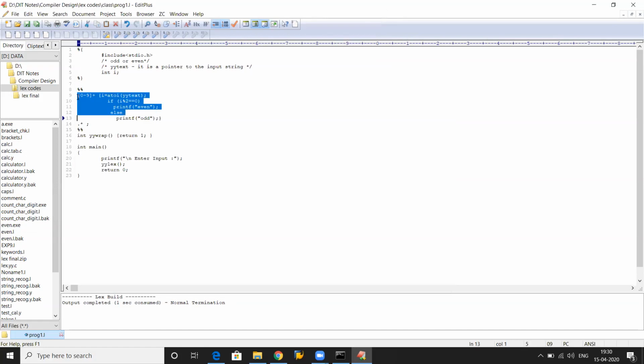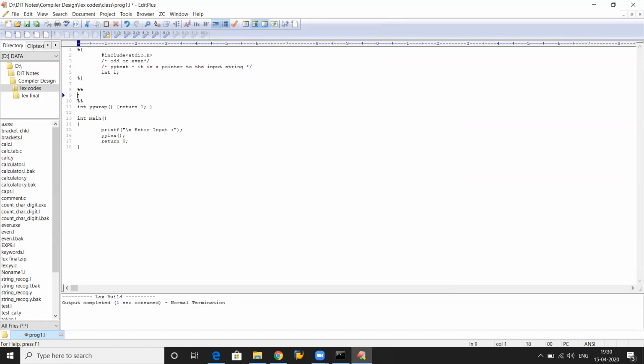Acha, one more thing I wish to tell you. Suppose I need to check whether the operator is valid or not, right? Or I wish to count how many operators you have entered into the input. And say I'm taking a category of relational operators. I wish to identify whether it is a relational operator or not. So what are the relational operators? Greater than sign, and you have to write the operators into double quotes, right?